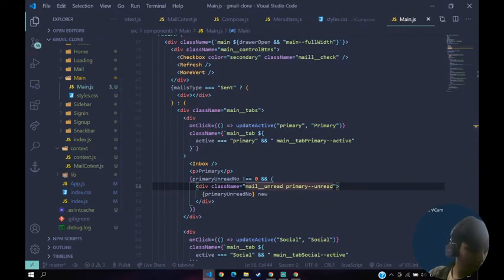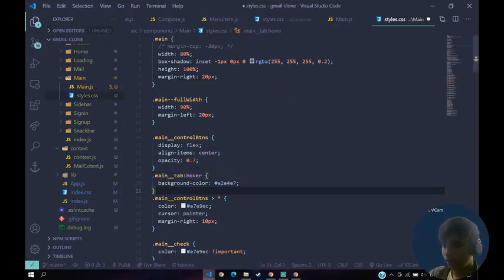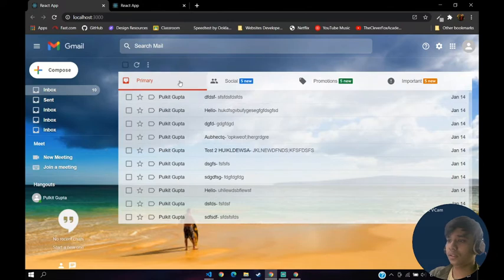So inside of your main.js, let me check what's the style we are giving for that. So inside of this main underscore tab, just say main underscore tab on hover, give this kind of a background color. Save that, go back to your application. Okay, it's working, right? Perfectly working, correct.